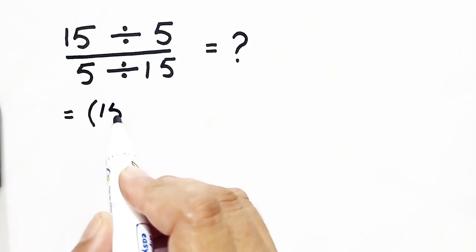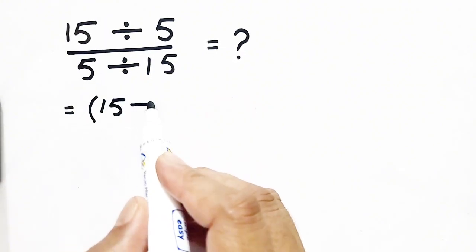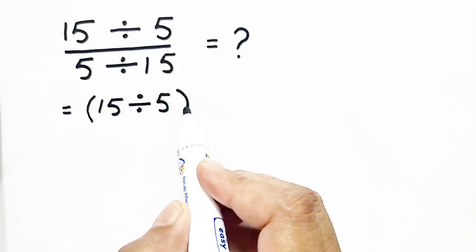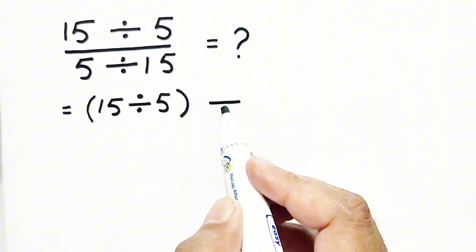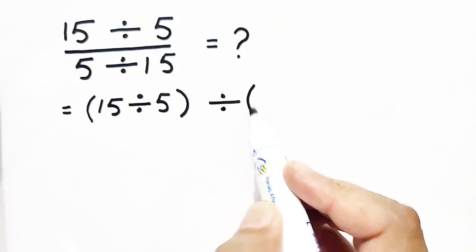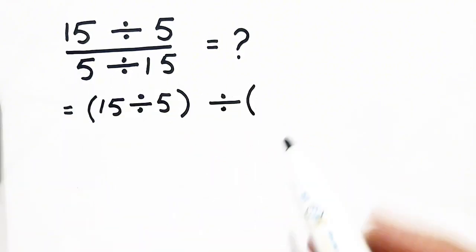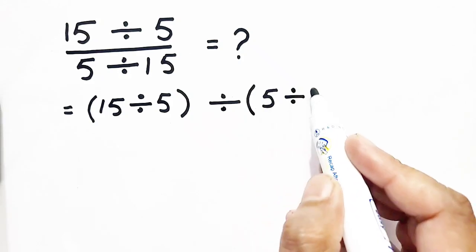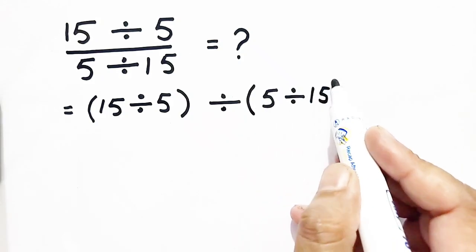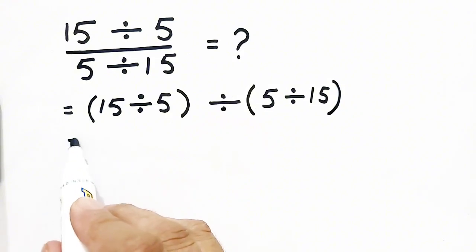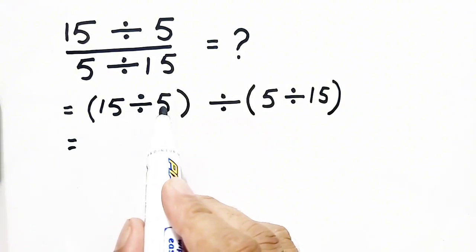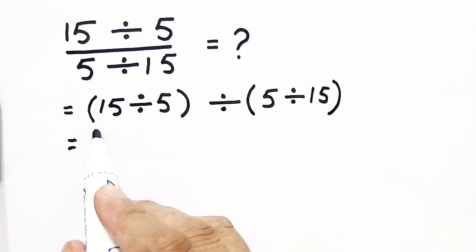The first one is 15 divided by 5 divided by 5 divided by 15. So here 15, we will apply